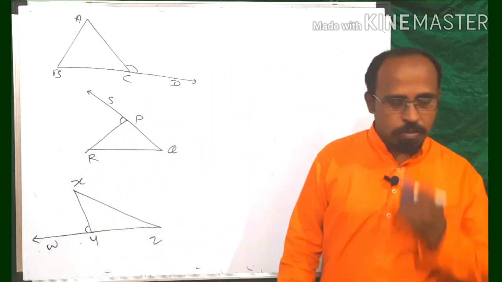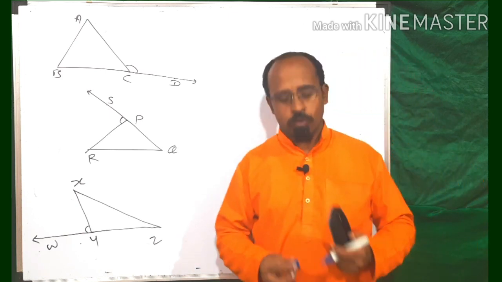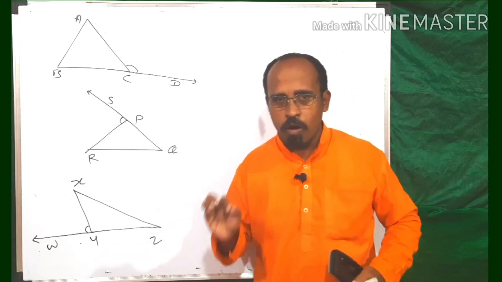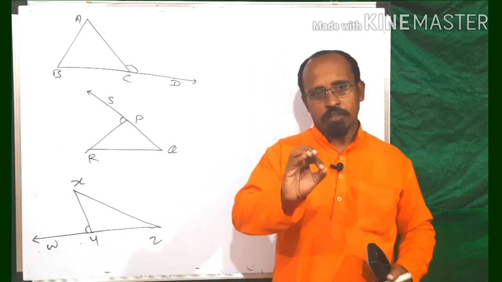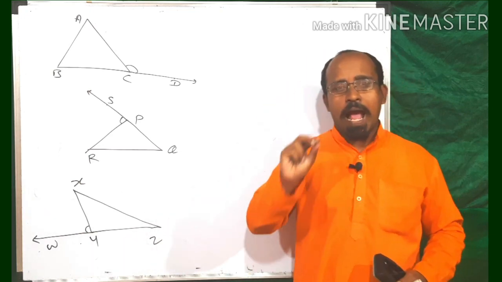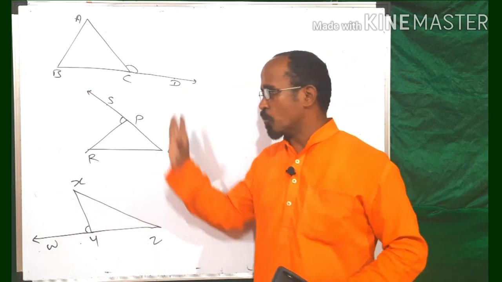Now we are going to see one very interesting property of exterior angles. This property again we are going to see based on two rules. First rule, addition of all the angles of a triangle is equal to 180 degrees. Clear? Second rule, angles in a linear pair are supplementary. Let us see how to use them.